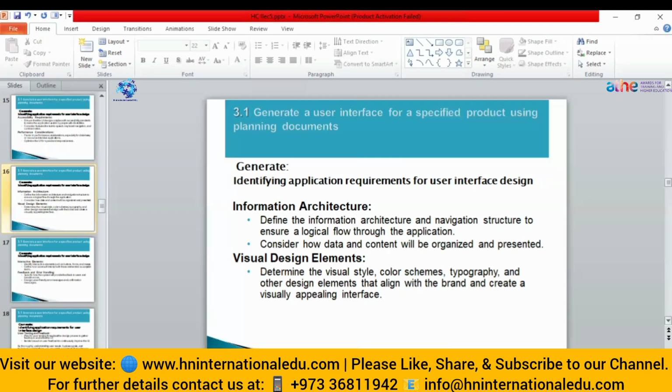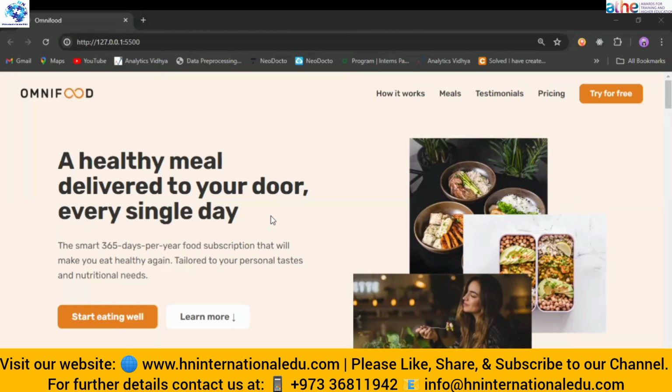Then the visual design elements, means the color schemes, the typographies, the other design elements you will see. So let me show you with an example so you will get a better idea how things work when you design any user interface. So let's take this design as an example. I told you that we should be consistent with the color. Now let's suppose this is their main color that they are using. So you might notice that every button.